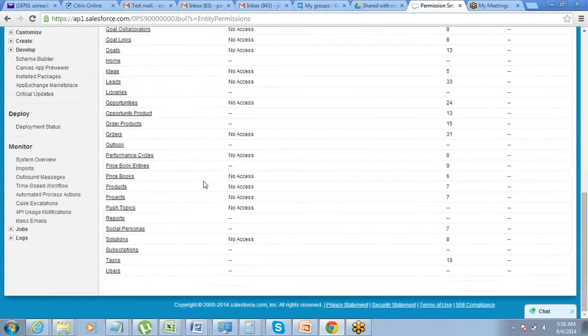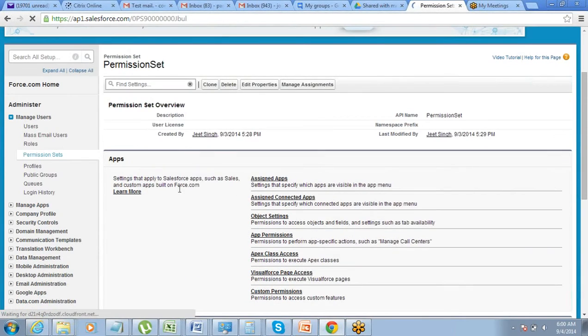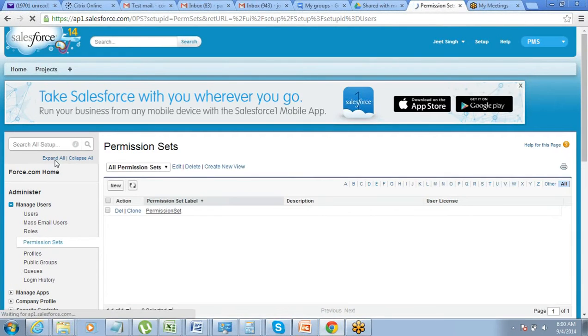This way if you want, you can add more objects, you can add apps, whatever you want. If you want to add some app permission also, you can do that. Now this permission set has the permission to the account object, and this is the name of the permission set that I have created. What I have to do is go and give this permission set to the user.